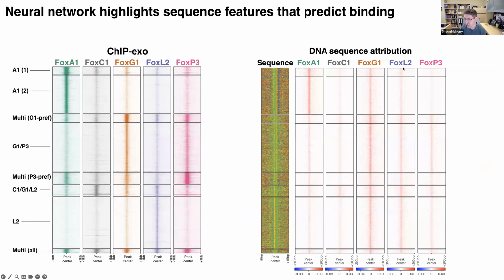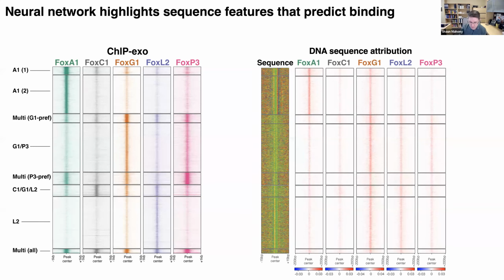So using deep SHAP approaches here, we can look at the sequences underlying these sites and ask if they're positive or negative contributors to the predictions. In general, sequence is a positive contributor. It's a more positive contributor for some sites than others, especially in the FOXA1 network, which is correctly predicting these sites to be bound using sequence features that are preferential at these sites compared to other sites. But sequence information alone isn't enough for the neural network here. You can see again for FOXG1, from the sequence information alone, the neural networks think that all these sites should be bound.